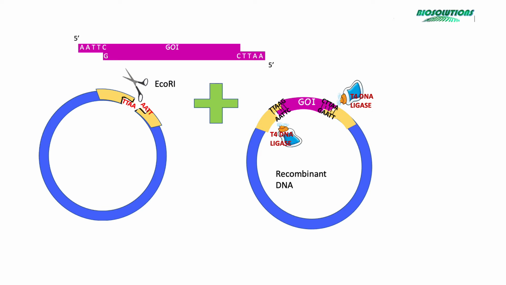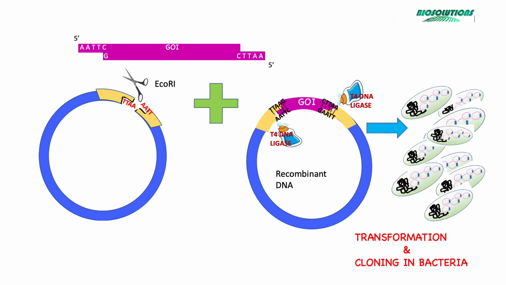Bacterial cells can be transformed with this recombinant DNA and make multiple copies of this DNA, a process called cloning. This recombinant DNA technique can be used for cloning a gene of interest, or GOI, in a plasmid vector such that the plasmid does not lose its ability to replicate and produce multiple copies of the GOI. However, it is of utmost importance that we determine the restriction maps of the gene of interest and plasmid to choose the correct restriction sites, which will enable the recombination process.